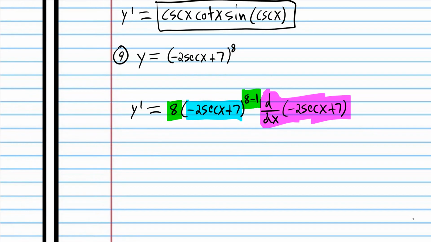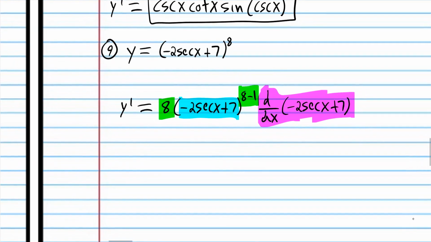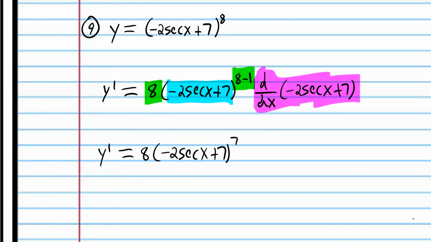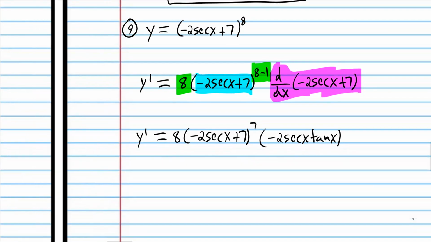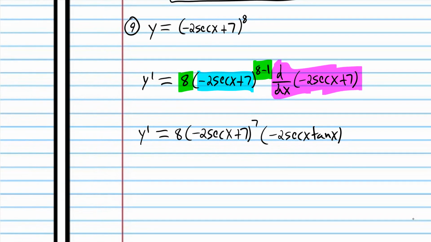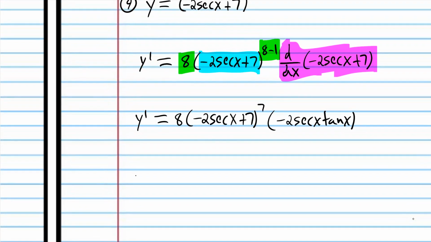Okay. So let's see if we can simplify the expression. The derivative is negative 2 secant x tangent x, and